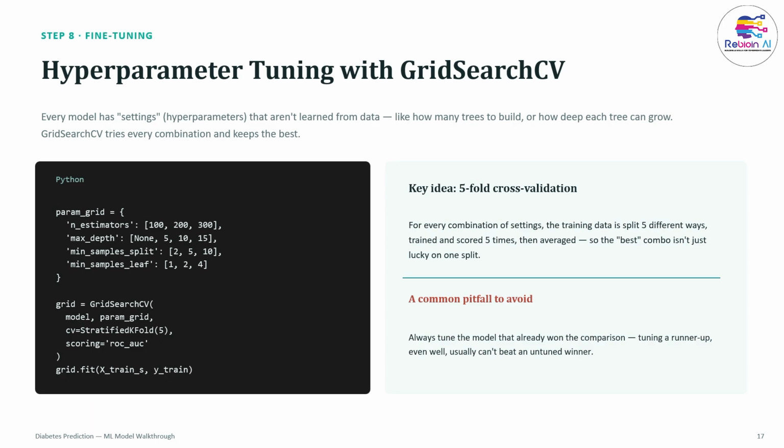One practical lesson I want to flag here, because it's an easy mistake to make: always tune the model that already won your comparison. Tuning a runner-up, even very thoroughly, usually can't beat a stronger model left at its default. Yes,